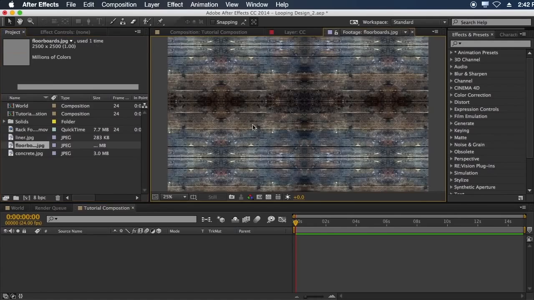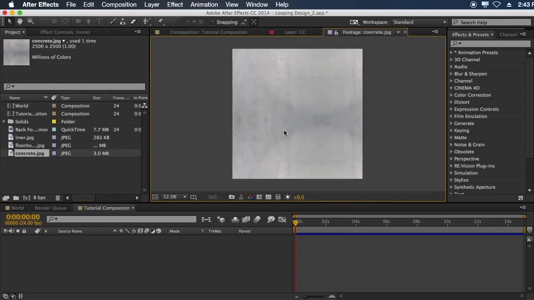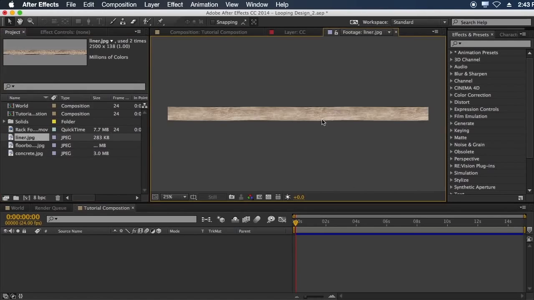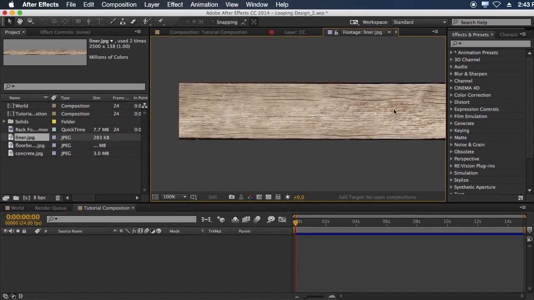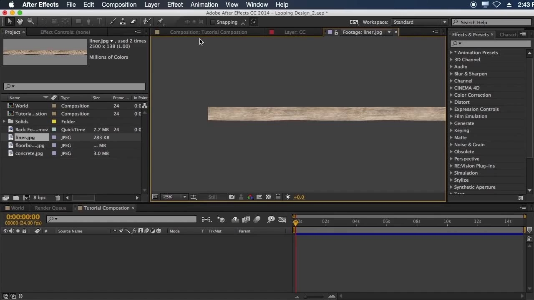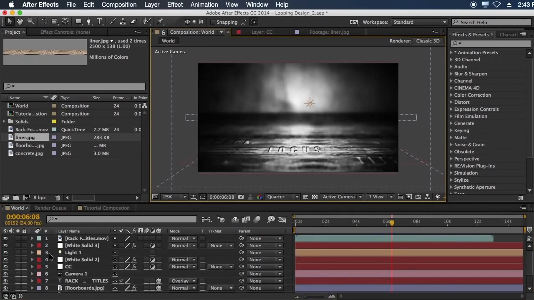Using three textures here. The first of which is a floorboard texture. The second of which is a concrete texture, just nice concrete. And then we have a floor liner. This is basically just a texture that's a piece of wood. And the reason we have this, let me show you real quick, is, switch to quarter, turn this off,